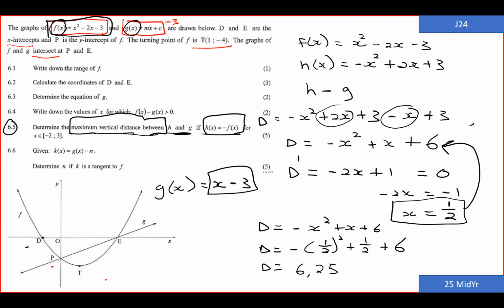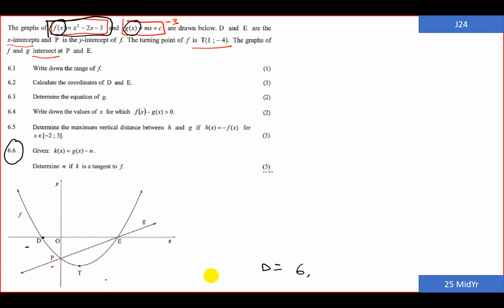Let's read the next question. Give you some time to read. Okay, we're going to the next question, which I'm sure you read by now. And the question says, given